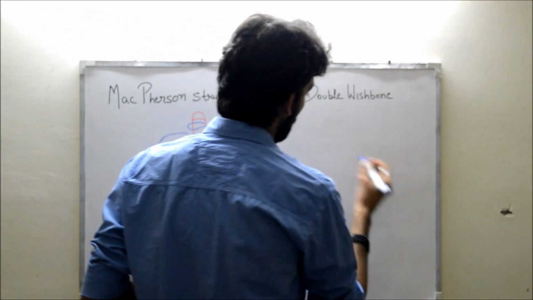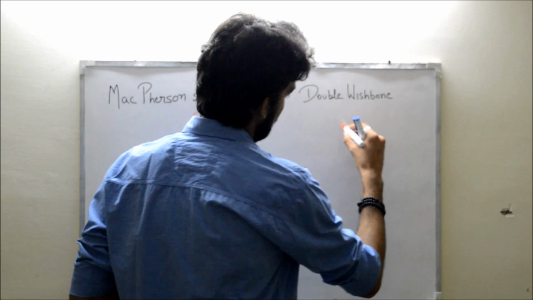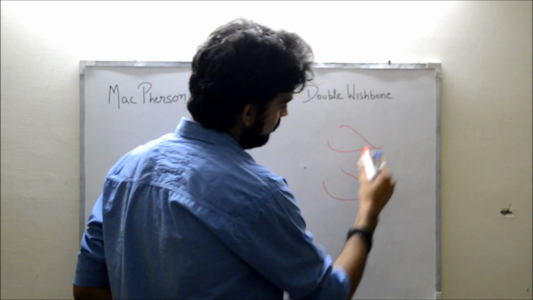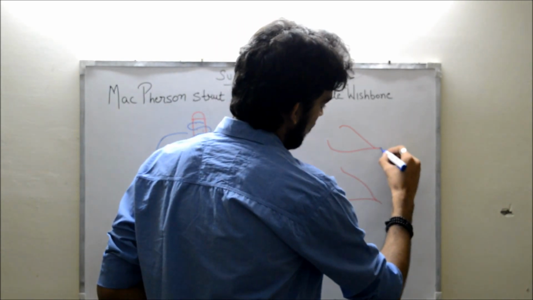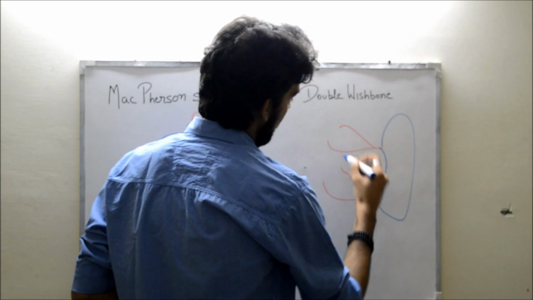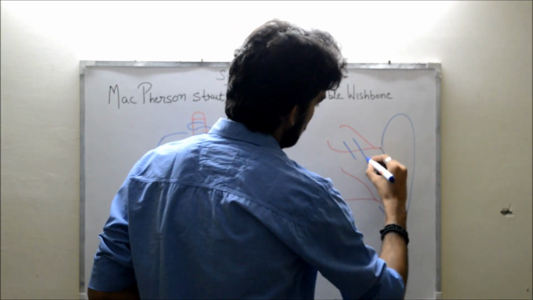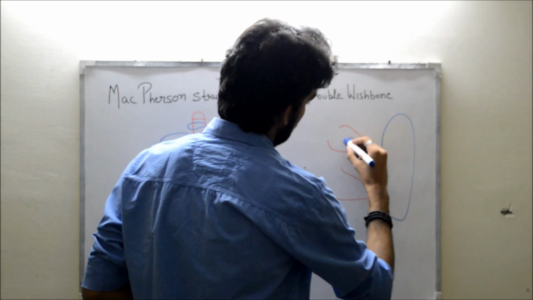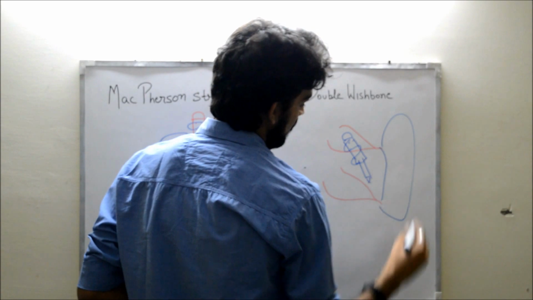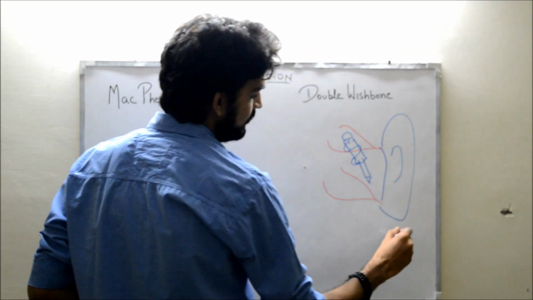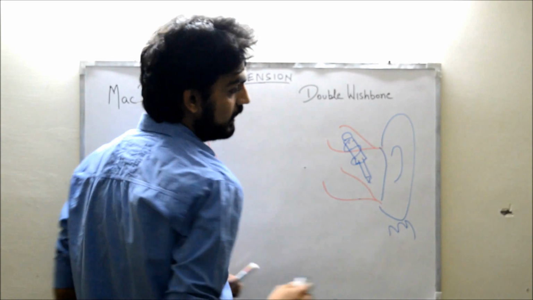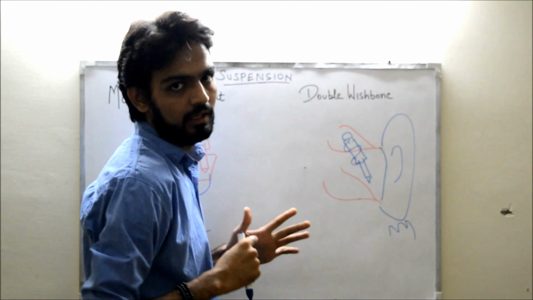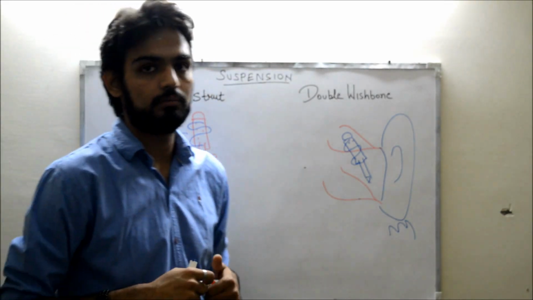And in the case of double wishbone, there are two wishbones. These structures are known as the wishbones, connected to a wheel, and here is settled an inclined strut. So if the wheel feels any jerk, these wishbones move in relative motion to pass on the jerk to the strut so that the automobile does not feel any effect, or the effect of the jerk is reduced.